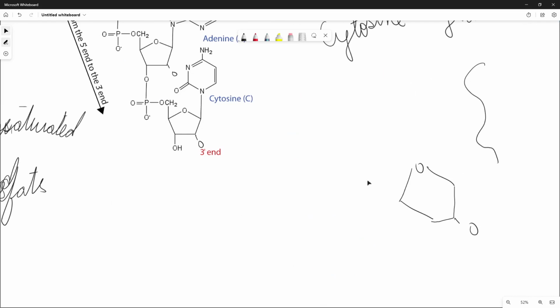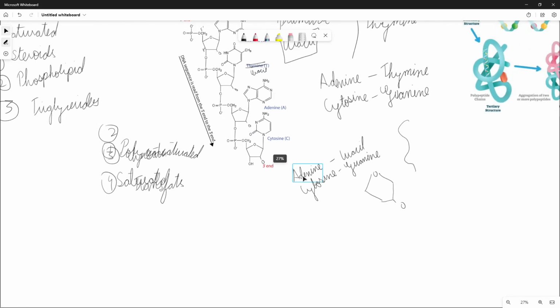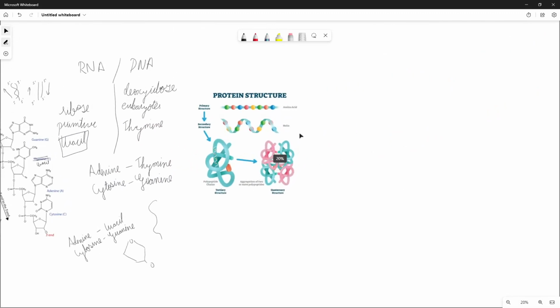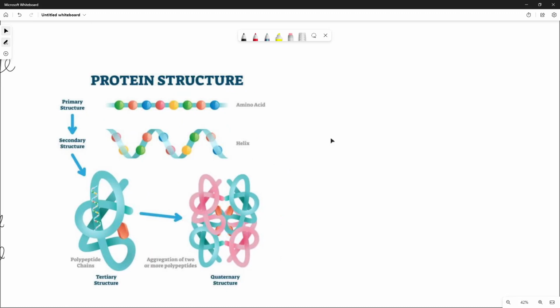And the pairing of the nitrogenous bases in RNA is basically adenine and uracil, and the second is the same as DNA, which is cytosine and guanine. To sum it all up, we have 4 molecules. Oh, we're missing proteins. So now moving on to proteins, there are basically